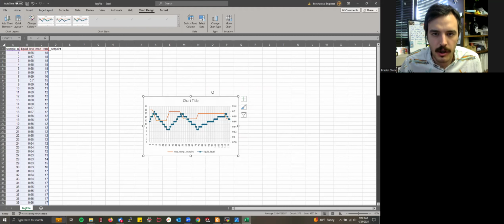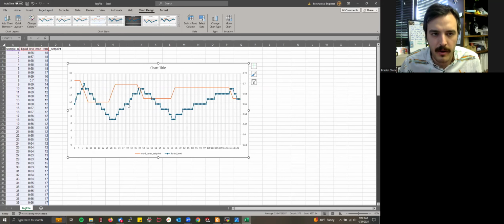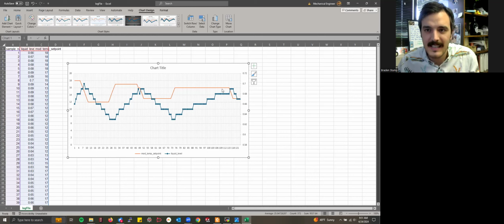Great. So what you're seeing here, and I should probably have this better prepared in Excel. This orange line and this axis over here show the moderator's temperature set point. And this blue line here is the actual liquid level of your sample. So as liquid level is increasing, moderator temperature is adjusting down to bring that liquid level down. Once it gets below a certain threshold, it's increasing, creating this sine wave that we're seeing